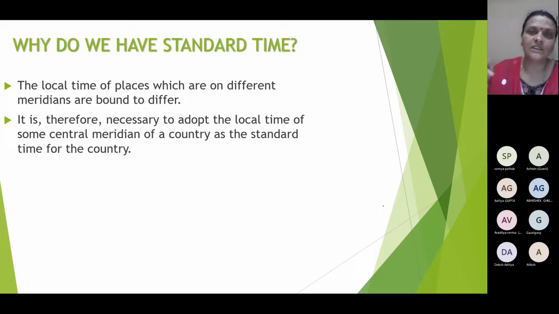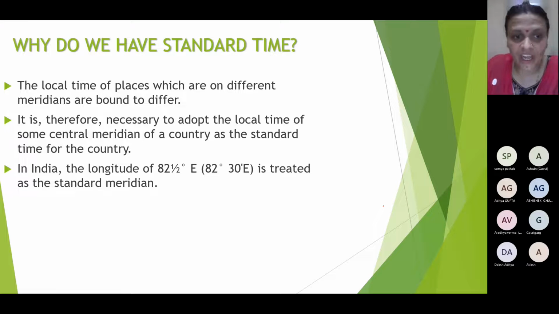According to the train, it is 9:30. But if there is a 2.5 hour time difference, which time should I follow? There will be a lot of confusion all over the country. Nobody will be able to follow one standard time, and everybody will be late for the job or travel or any work. So every country followed one standard time for their own country. In India, longitude 82.5 is treated as the standard meridian.